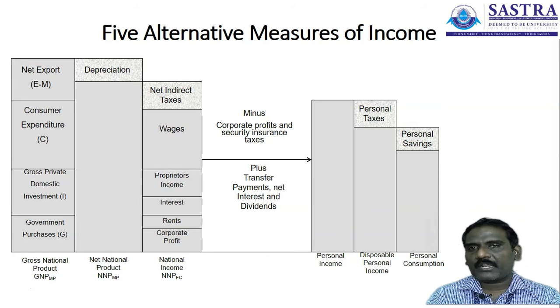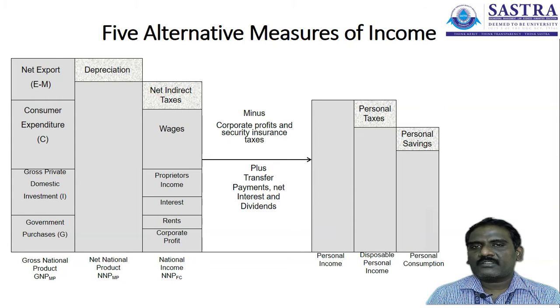So the market price is a prevailing price. Market price is the price at which the consumer is buying the product or availing the service from the market. That particular price is taken for the calculation. At that price, we are calculating the overall goods and services produced in a particular country during a given period of time. Along with this, we take the net factor income from abroad.